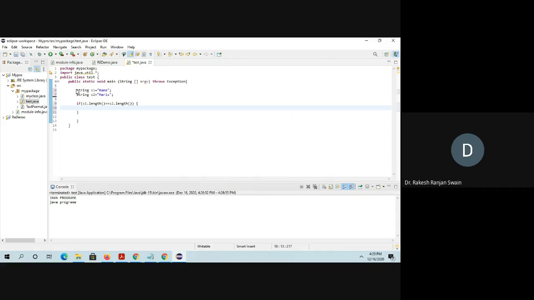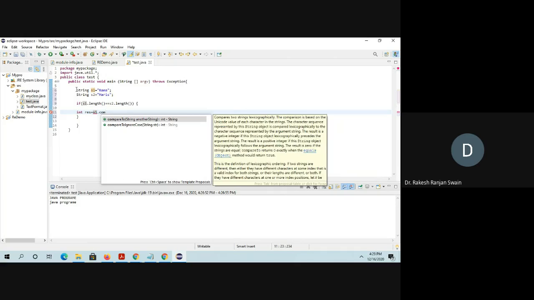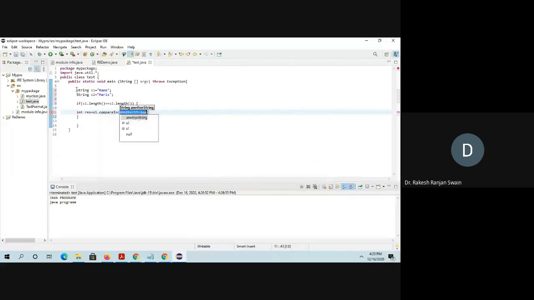Lexicographic equality means the two strings first have equal length. After that, you have to compare the two strings. So first, inside this block, I am comparing S1.compareTo(S2). The compareTo method is used to compare.